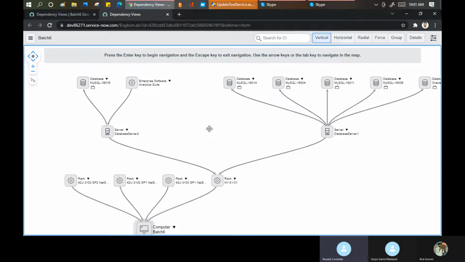Let me put a follow-up question to you as well, Ronald. Not just changes, but overall, when you do service mapping as well, you would need to identify that the service continuity and availability depend on what other underlying infrastructure. Correct. So the dependency graph helps you.